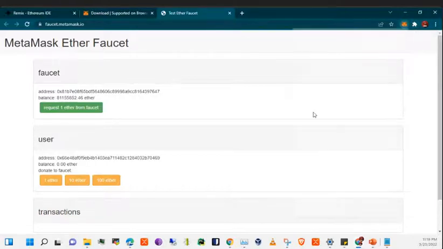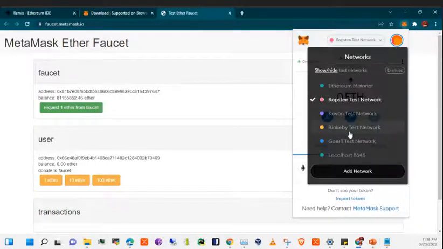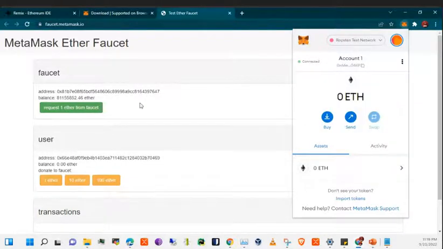For other test networks, you can browse on Google on how to get Ether for Goerli, Rinkeby, and Kovan, right? But it's still going to work the same way as Ropsten. And getting Ether for Ropsten is actually pretty easy. In a few minutes, we are actually going to see this transaction happening here. So in the next slide,